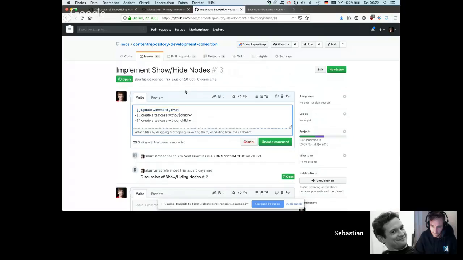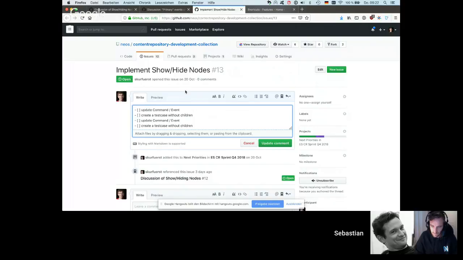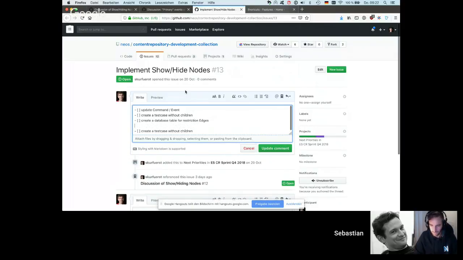We need to create a database table for restriction edges, right? We need to